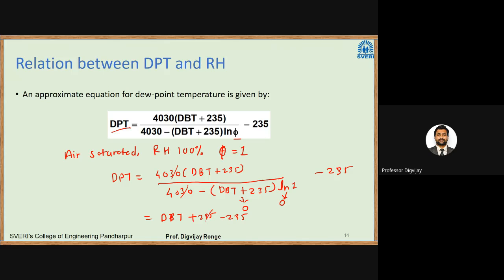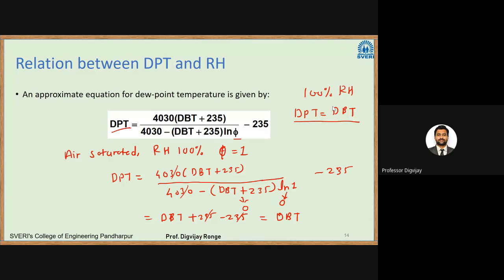This will again cancel each other. This will be equal to dBT. So what we can say here, when there is a 100% relative humidity, your dew point temperature is equal to your dry bulb temperature. Okay, 100% relative humidity means air is saturated, water has reached its saturation vapor pressure,